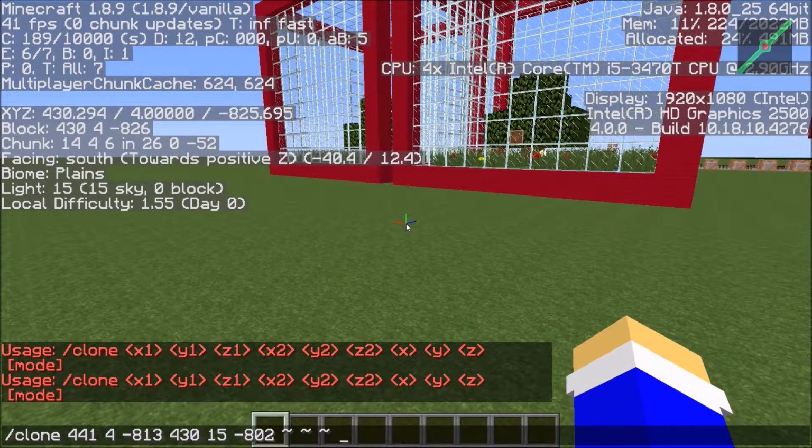So if I put replace, then that will replace whatever blocks are in the area of the destination for where you're copying the blocks to. If I put it here, it'll just do the same thing it did last time because it defaults to replace. But if I put filtered